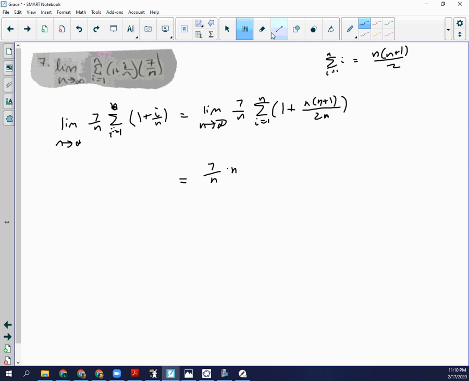And the limit as n approaches infinity of 7 plus, and here we've got 7 halves, because we have n squared in the denominator and n squared in the numerator with a leading coefficient ratio of 7 halves. 7 plus 7 halves,